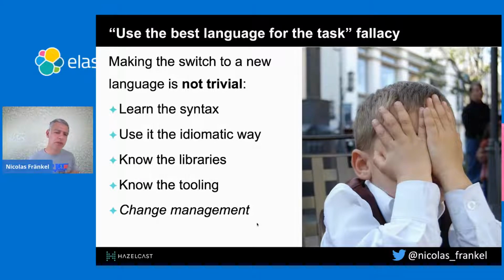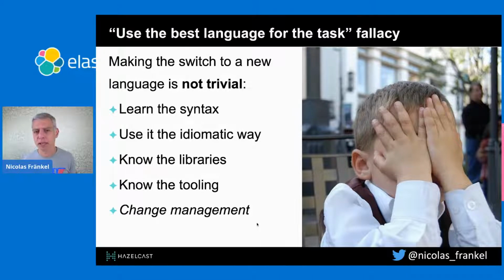And when you've chosen the libraries, then you need to know the tooling. I'm a Java developer. I know how to debug. I just run in my IDE, I set a breakpoint, and then presto, I've got everything. How does it work in Rust, for example, where it's a binary? Do you have an IDE for that? Do you need to learn a new IDE? So that's also complexity. And it's only for one single person, because afterwards there is this group sociology,